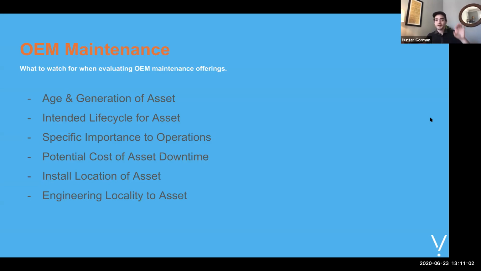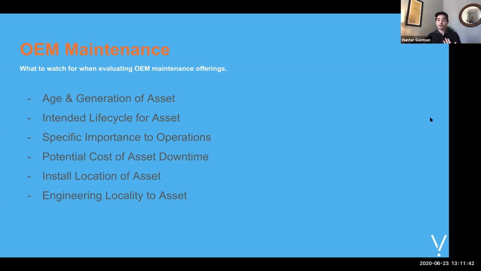If I had to mention one, it's because of that kind of life cycle, the end of sale, end of support. Those dates largely are going to affect how long you can cover that asset. Something else you'll want to consider is the specific importance to your operation. So how mission critical is this particular asset? And if this goes down, moving on to the next point, what's the potential cost of downtime for this particular asset? As you're probably starting to get the picture, these questions are on an asset by asset basis, so it can get a little overwhelming, but they are important things to consider.